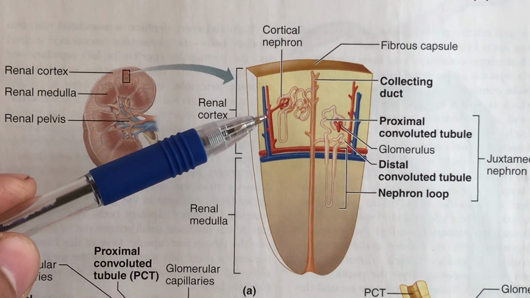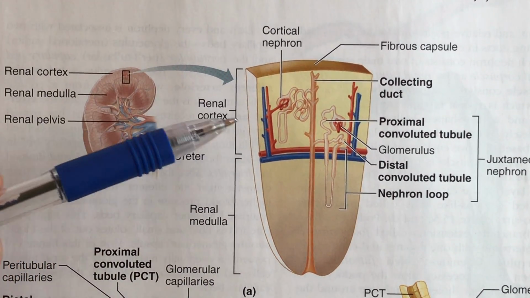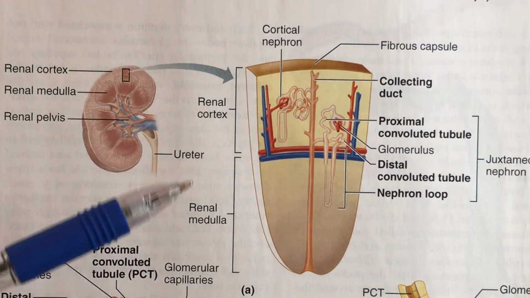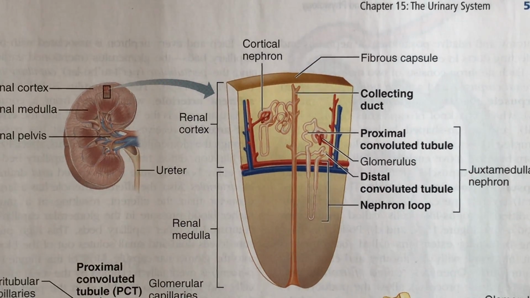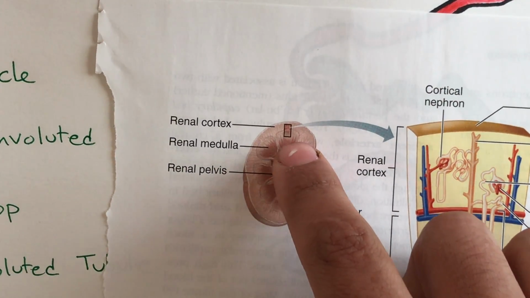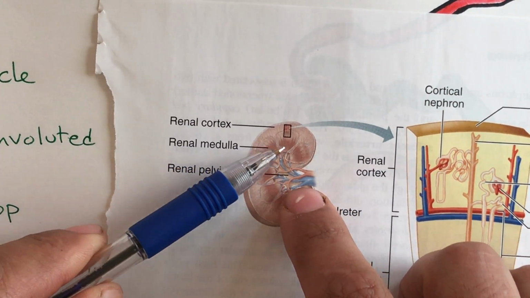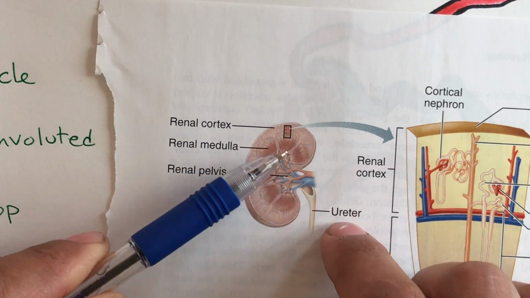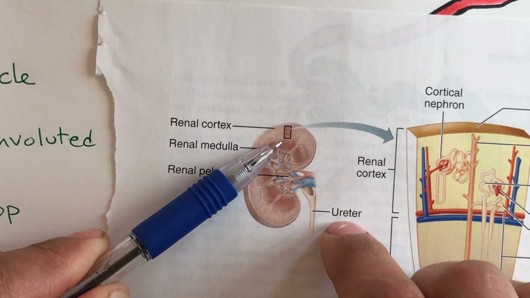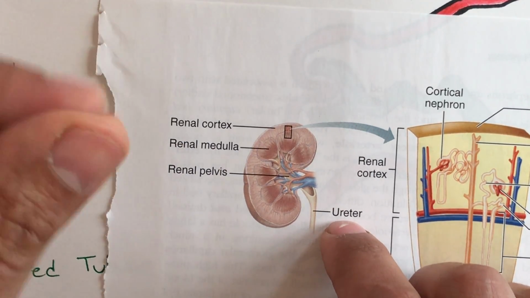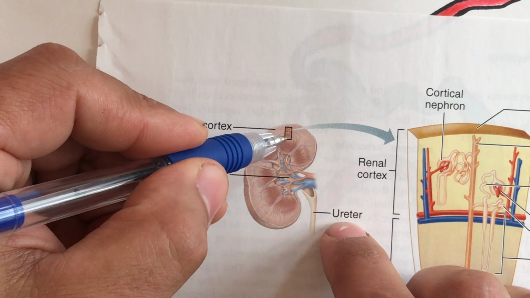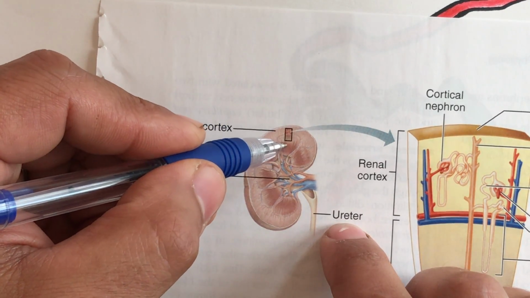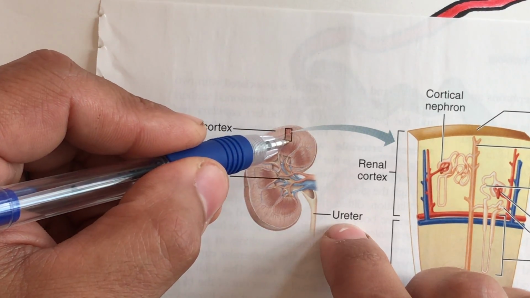So if we look at this diagram here, up here we're in the cortex. Down here we're in the medulla. We're taking it right out of, you see here's a pyramid right here, and here's the cortex, and the pyramid is inside of the renal medulla. Here's one pyramid. So we're just taking a little snippet out of the cortex and the medulla, the piece of the pyramid here,